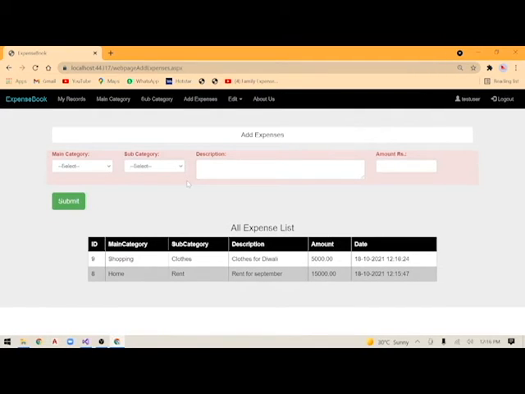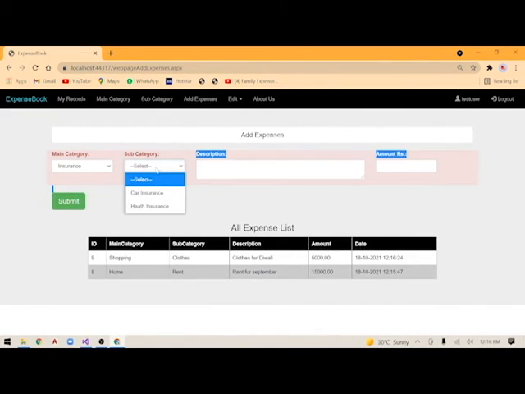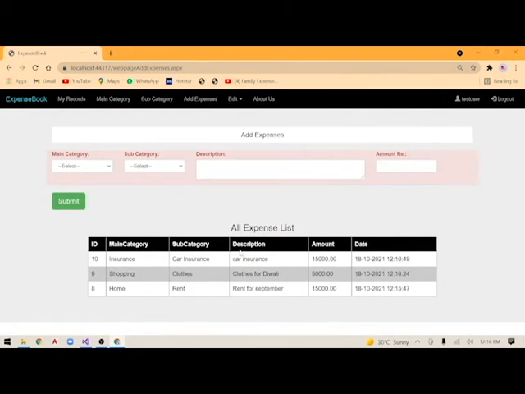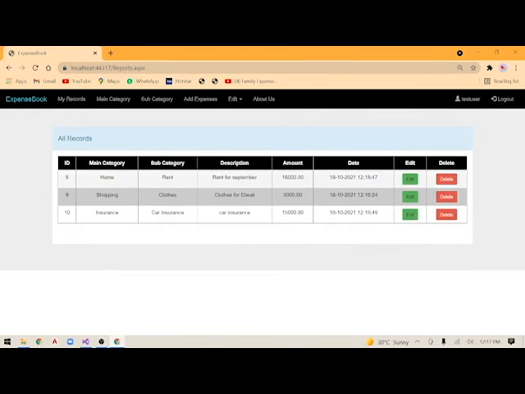So now the issue comes when you make a mistake in, maybe let's say, car insurance, and instead of 1,500 rupees, you entered 15,000, and the record has been saved. So now I need to edit this instance of the expense. So let's go to my records where all the expenses are here.